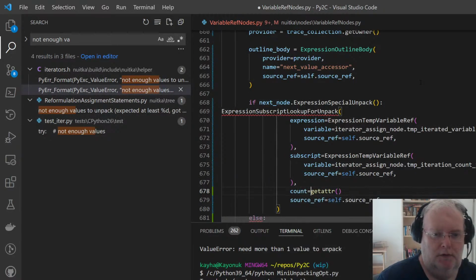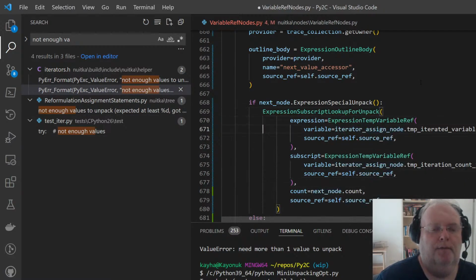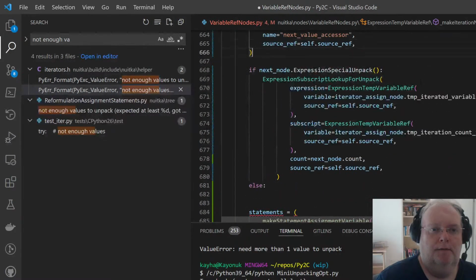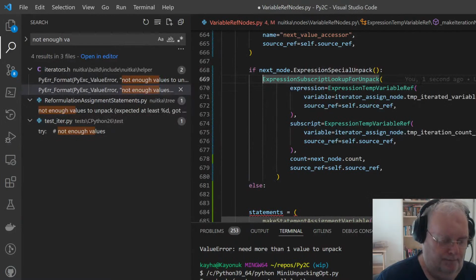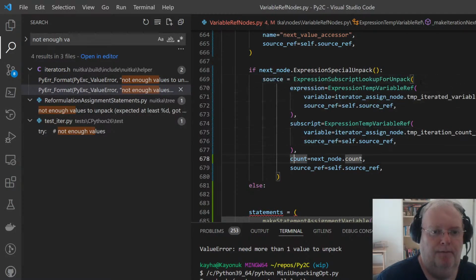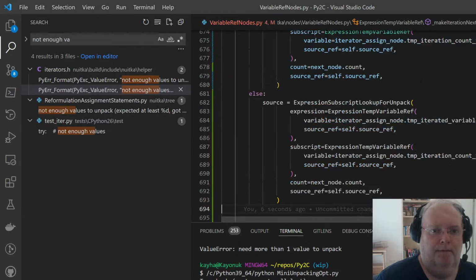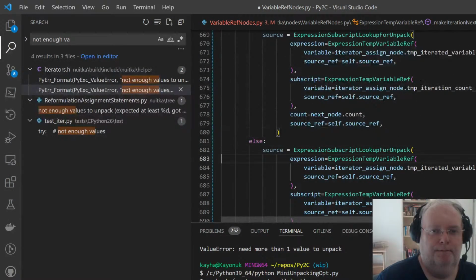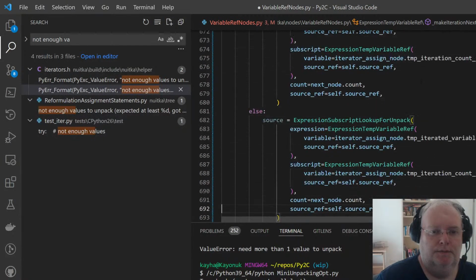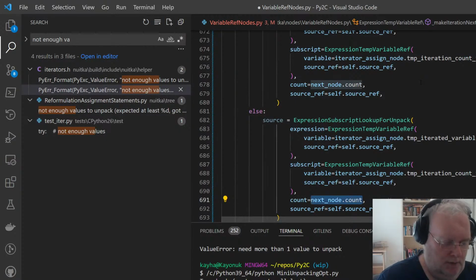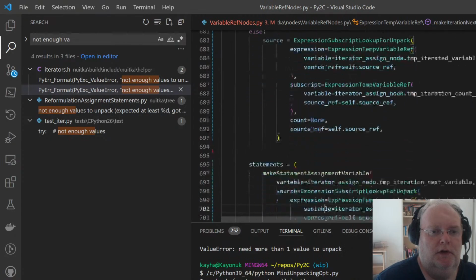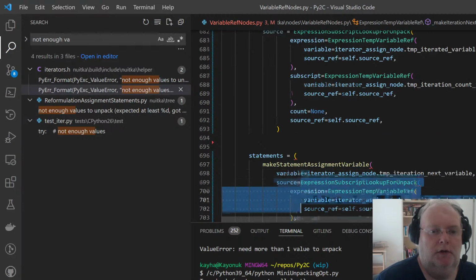Count equals next node dot count. Otherwise none, and we do source here.